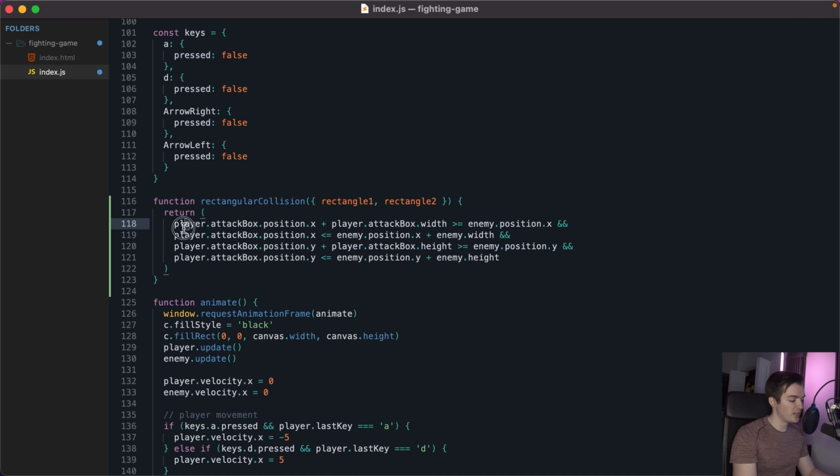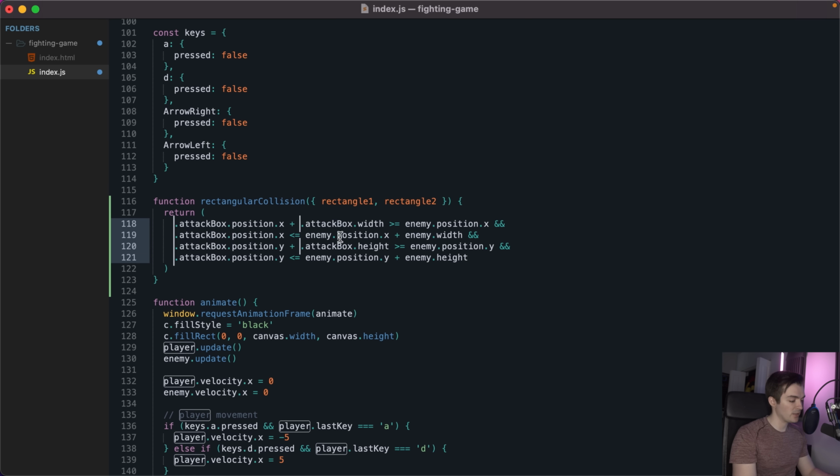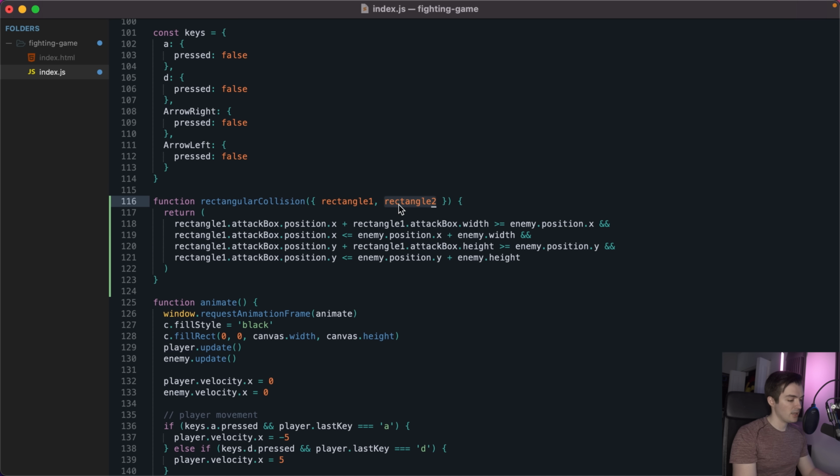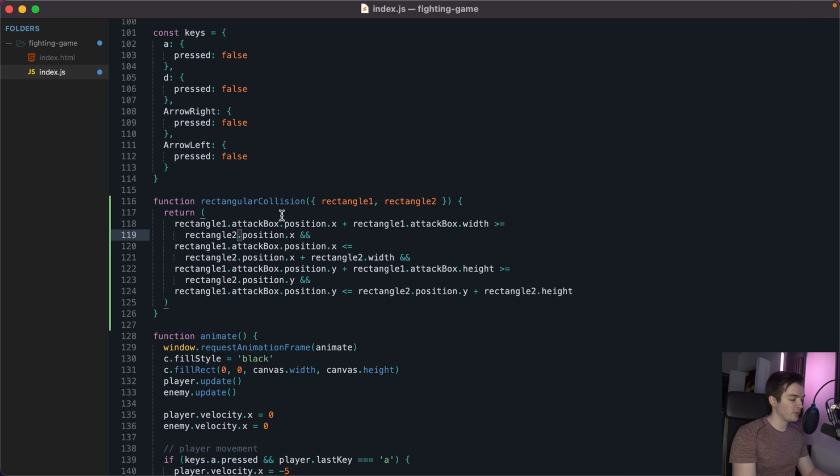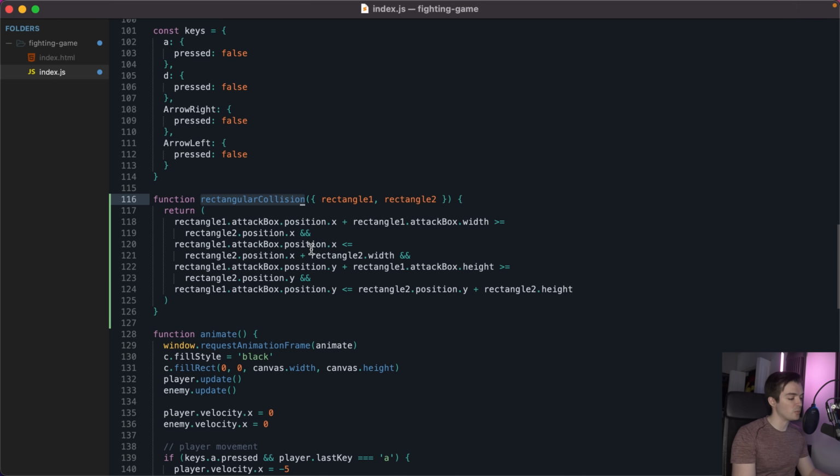It's going to be our player rectangle. So everywhere where we have player, I'm going to go ahead and replace player with rectangle 1. And then every place we have enemy, it's going to be in these couple of locations right here. I'm going to replace that with rectangle 2. So now we have a reusable rectangular collision function which we can use to detect for a collision between our attack boxes and our fighters, but it's also going to be usable for when we want to use it